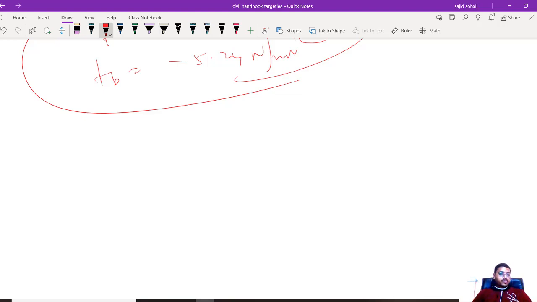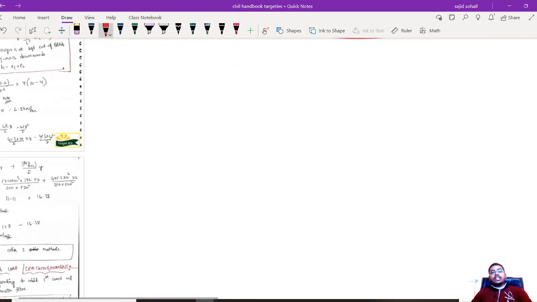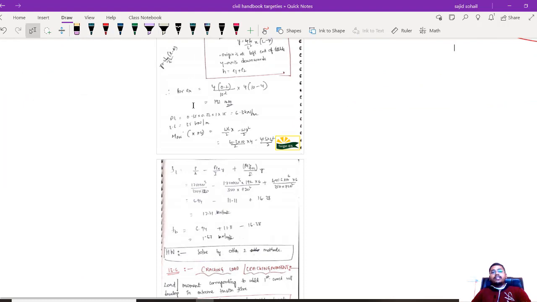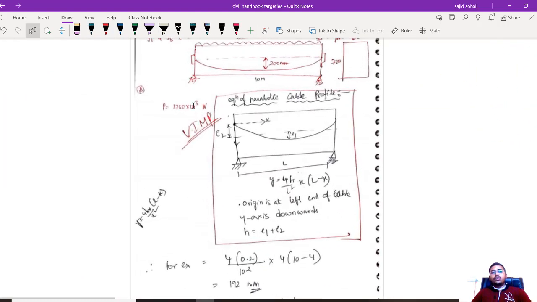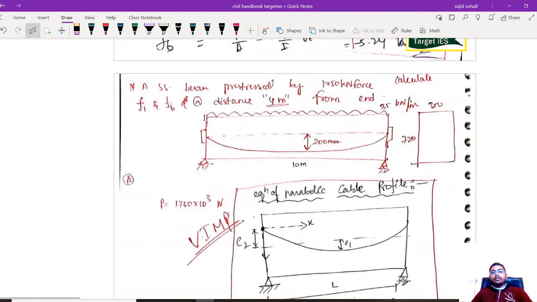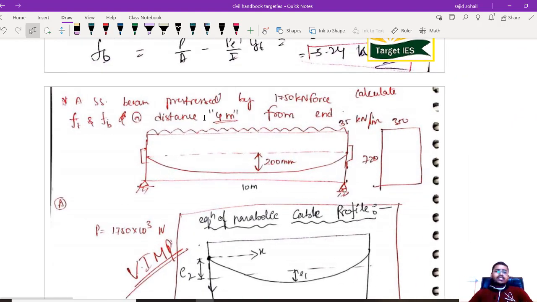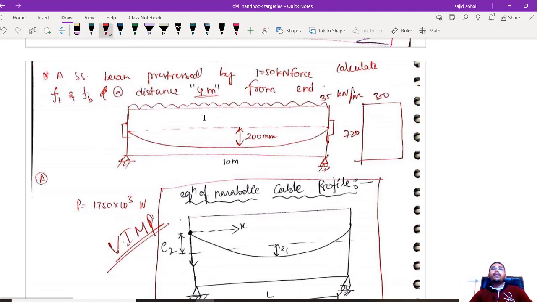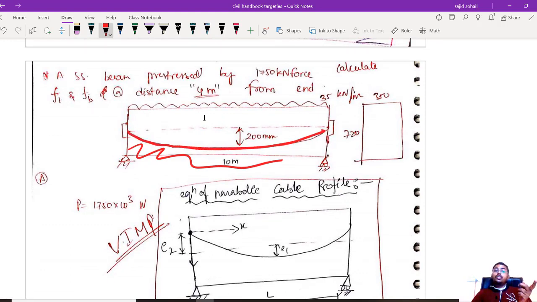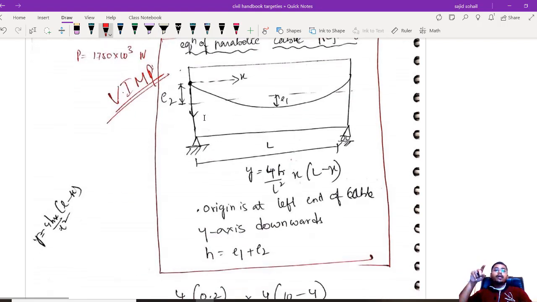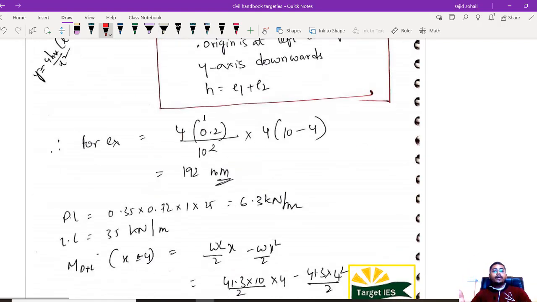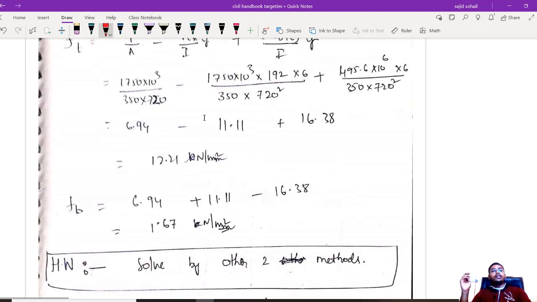So there is one more question which I will give you as a homework. This question is very important and you have to solve it. This is a mains question. Very simple hai, very simple hai. You can just use the load balancing method and finish this. So whenever there is a shape like this, parabolic shape, I have told you very clearly what will be the upward loading, right? I told you very clearly what will be the upward loading. So upward loading वहाँ पे कर लो and find out, you will be getting your answer very easy.